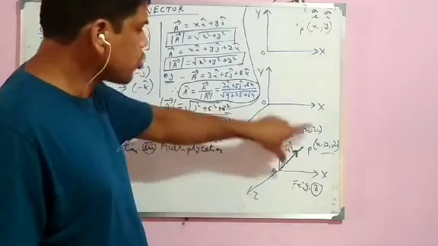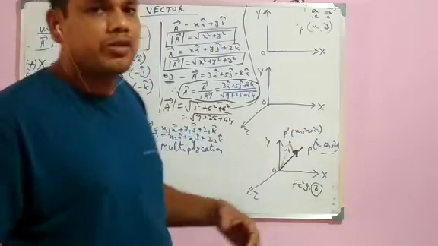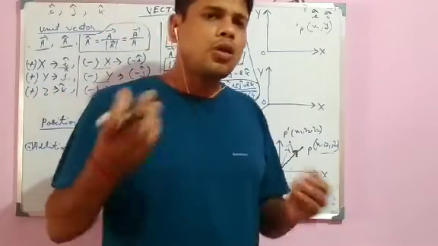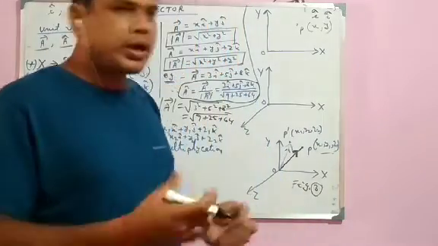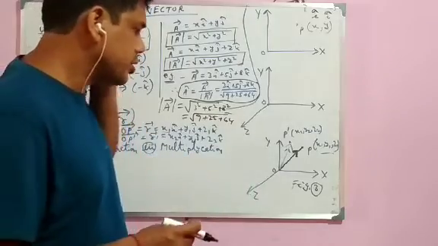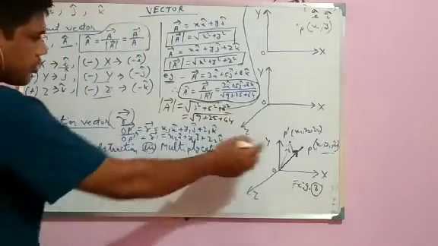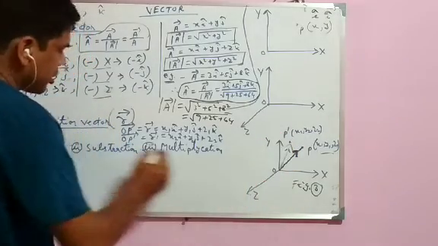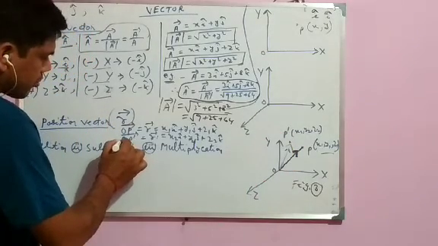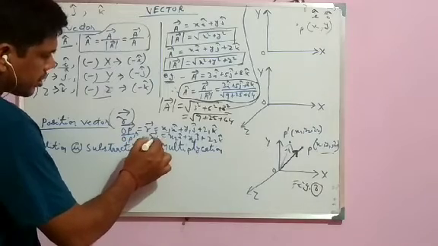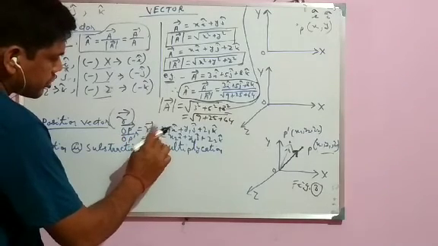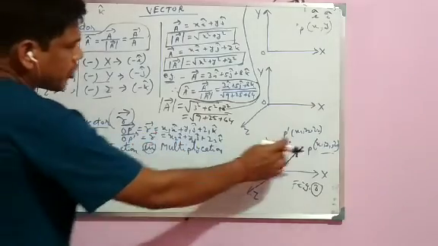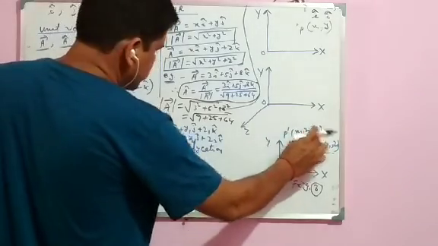So all these points we can call position vectors, because all the points have both magnitude and direction. In the case of point P dash, the position vector is denoted by vector OP dash, and here we have denoted it by vector R dash. As the coordinates are x2, y2, z2, we can write